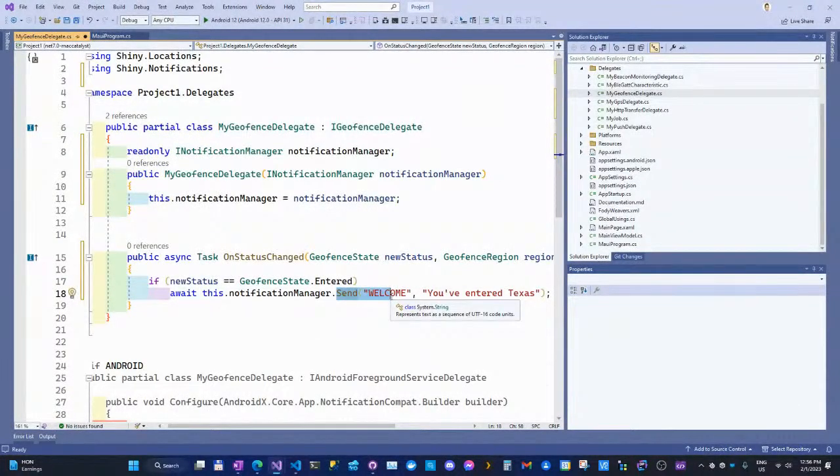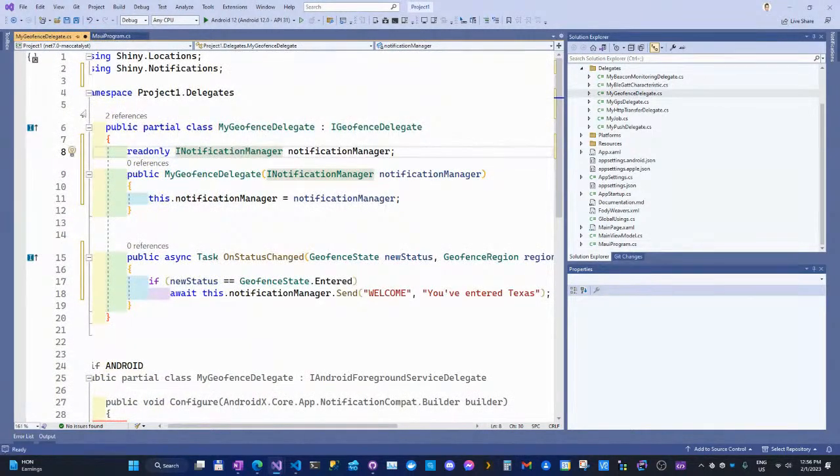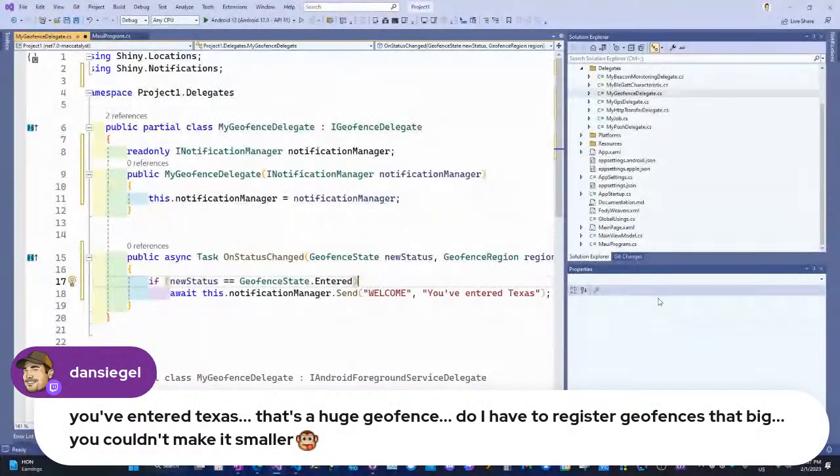And now there's no guess of where my dependencies are coming from. They've all been registered in your Maui application just like normal. So this is why Shiny uses delegates and kind of forces the user on this, because it brings all of those pieces of the puzzle together for you with very little effort. A delegate is basically just like an event handler, almost like the iOS concept of a delegate or a C# delegate, where I have some function that's going to execute at some point in time when it's time for it to do its job. So you register the delegate, and when it's time for the delegate to fire, it fires, and you're good to go.